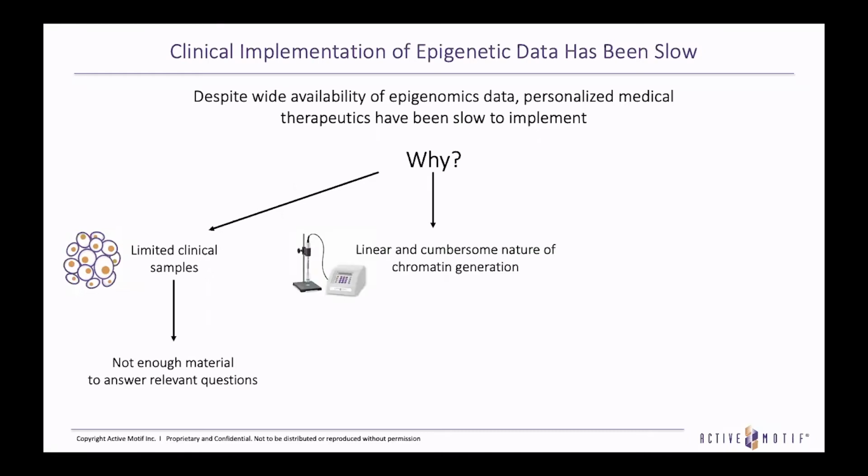It's often very linear and cumbersome to make chromatin. I think a number of scientists would agree that chromatin preps are not the easiest thing in the world. Probe tip sonicators can often do one sample at a time. So that often dictates how many samples you can process in a day. And you would need an army of epigenetic scientists constantly shearing chromatin to have enough material to do these epigenetic